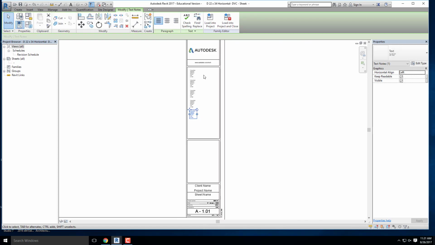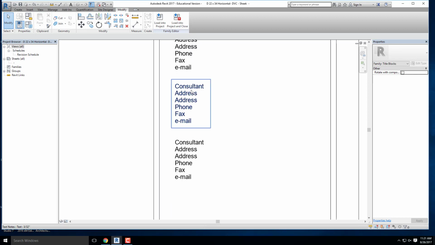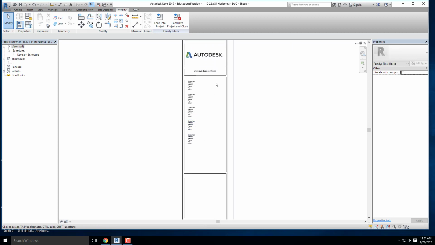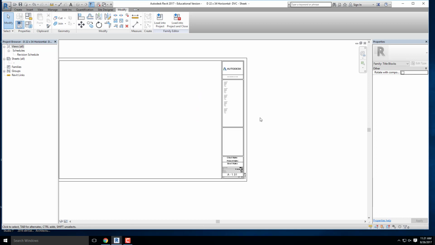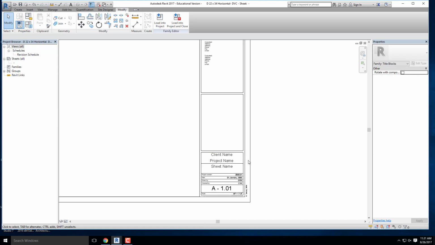So for the default title block, they've included some text for things like consultants, addresses, phone numbers. This is where you might put some of that information. Okay, so that's going to be your text. Now the difference between text and labels is that text, once you load this title block into your project,